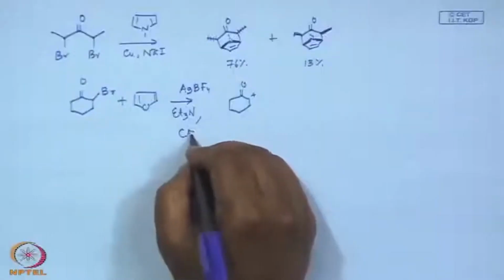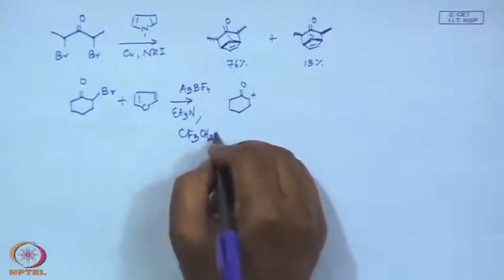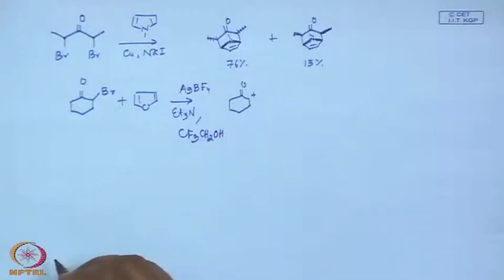So what polar solvent is used? Methanol, ethanol? No, you cannot use them, simply because methanol and ethanol are sufficiently nucleophilic. If you take alpha chloroacetone and put it in ethanol, after one day you will see it undergoes solvolysis to form the ethoxy acetone. So that means they are sufficiently nucleophilic. What you can do is use this ethanol analog, trifluoroethanol. The difference between simple ethanol and trifluoroethanol is that this is less nucleophilic, and the reaction proceeds